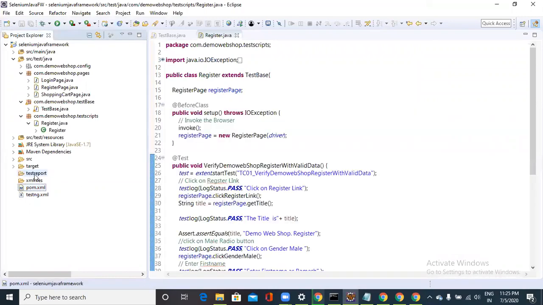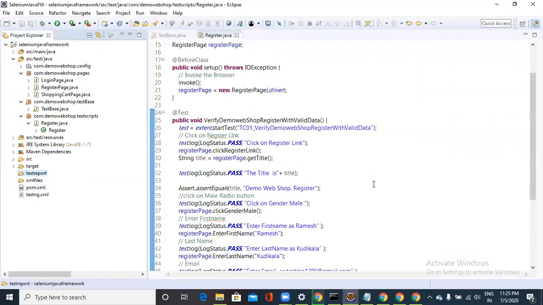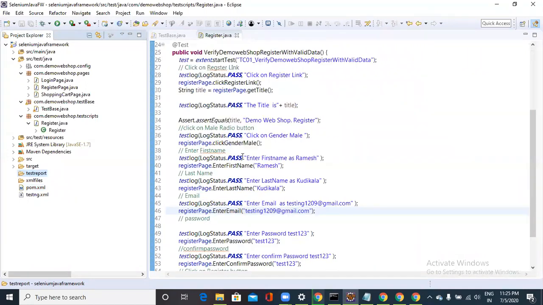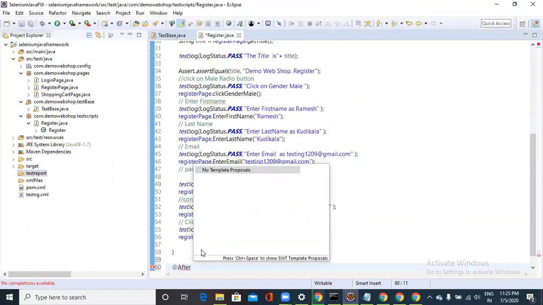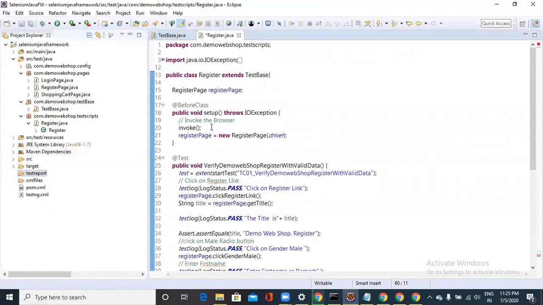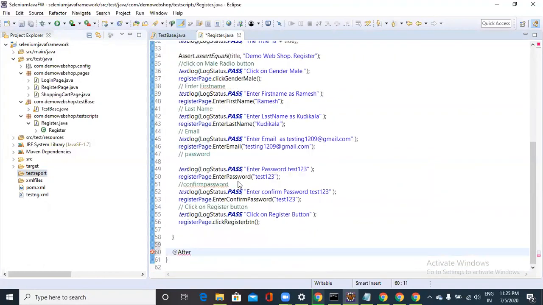If you go to the test report, right, there is no report here because we are creating an object for that and we are writing the logs, but finally we are not pushing it. So what you have to do at the end of the test script is add an after class. Anyway, we implemented the before class right here, and after executing the class, what I'm trying to do is publish public void close